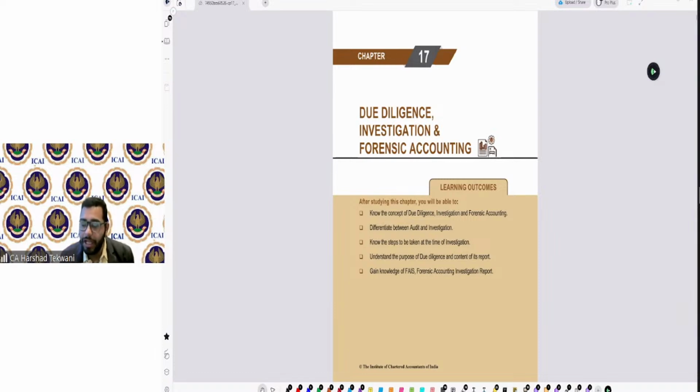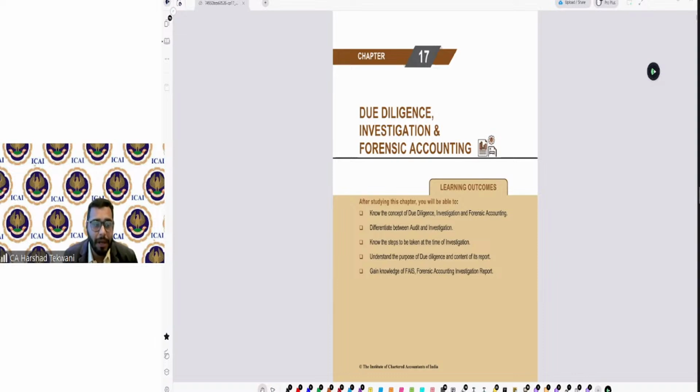Now I'll explain what is due diligence, what is investigation, and what is forensic accounting. Now, due diligence is an in-depth, thorough analysis of a subject matter. Basically, due diligence is performed. If you see the term itself, due diligence means you give due respect and importance to that particular subject matter, and you are diligently checking the actual nature of the item behind that subject matter. For example, when I use the term due diligence, it is used to evaluate a business opportunity,